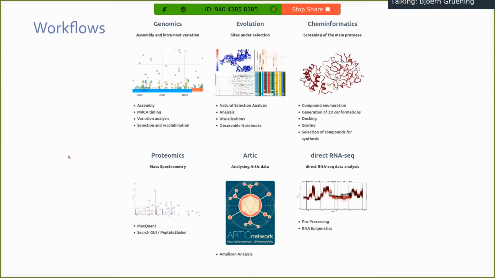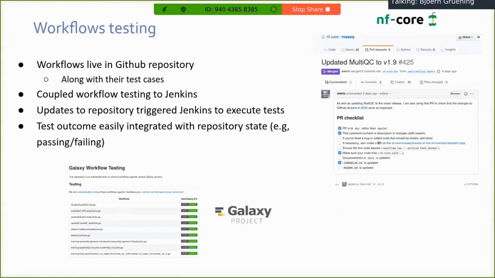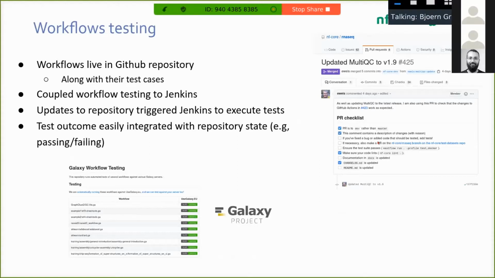But we also had a nice collaboration with the Diamond and Synchrotron people, where we developed a bunch of workflows for drug discovery and ligand-based drug design. And all these workflows are now in the Workflow Hub. But what we are doing here is we really execute these workflows on a regular basis against public cloud infrastructures, ELIXIR clouds, or EOSC-based clouds, to actually ensure that these workflows are working and keep working over time.